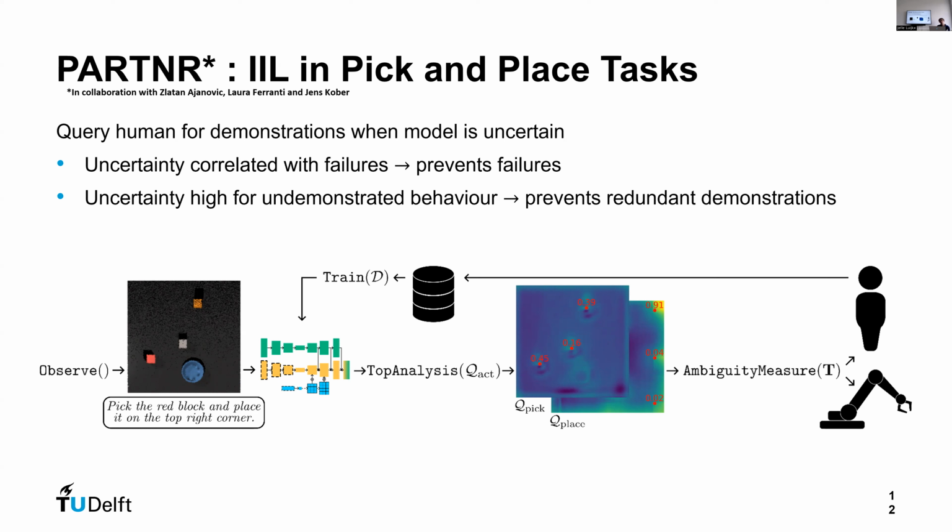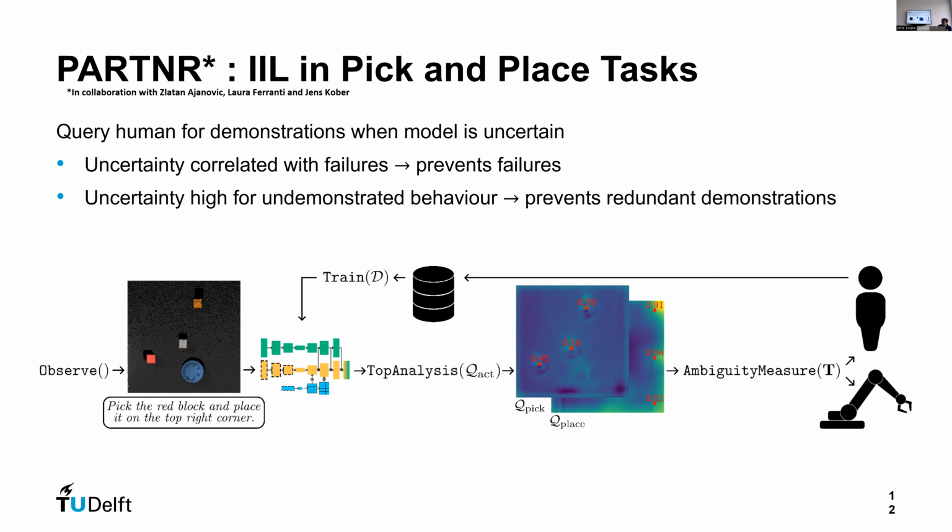If we're executing some task while also learning, we don't want to fail too often. So it would be good to hand over control whenever the robot is likely to fail. On the other hand, this also prevents us from acquiring redundant demonstrations. Demonstrations are costly in interactive imitation learning because it can be quite tedious for a human to provide a demonstration. Therefore, we would like to minimize the number of demonstrations and still have a rich data set with only a few demonstrations. We don't want the same behavior demonstrated over and over again.